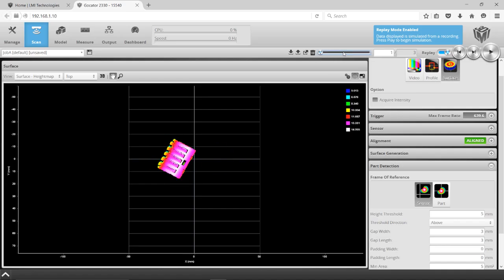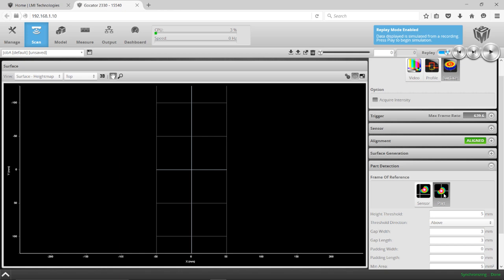Now, you'll notice that they kind of move around on the screen, and that's because they're at various positions on the table. One way to kind of center them is to use what's called the part frame of reference, and this helps us actually apply tools to these objects individually and know that they're in the right spot. So if I select part selection, and I'm going to go back into the scan mode, and now I'm going to replay again,